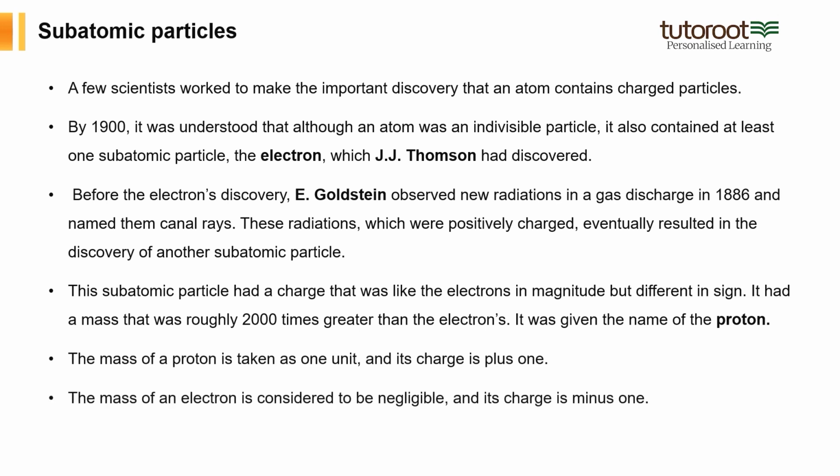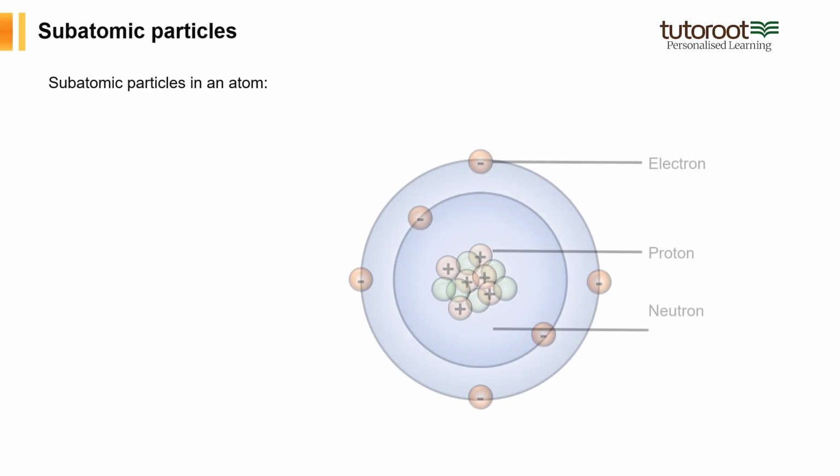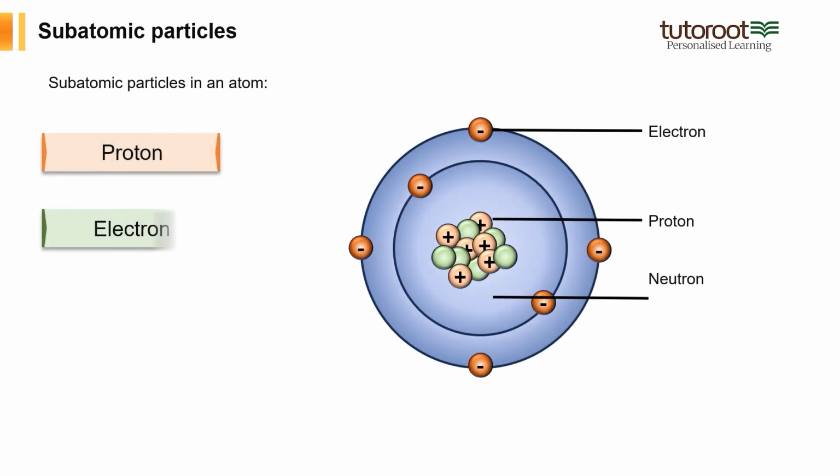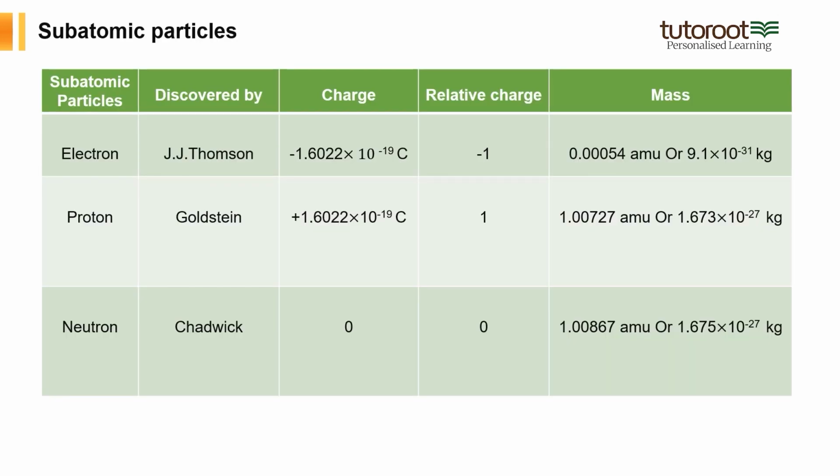The mass of an electron is considered to be negligible and its charge is -1. Later, another subatomic particle named neutron was discovered by Chadwick. Now you can observe a figure displayed on the screen where the subatomic particles in an atom are nothing but proton, electron, and neutron. So now quickly let's move on to a tabular form which is displayed on the screen